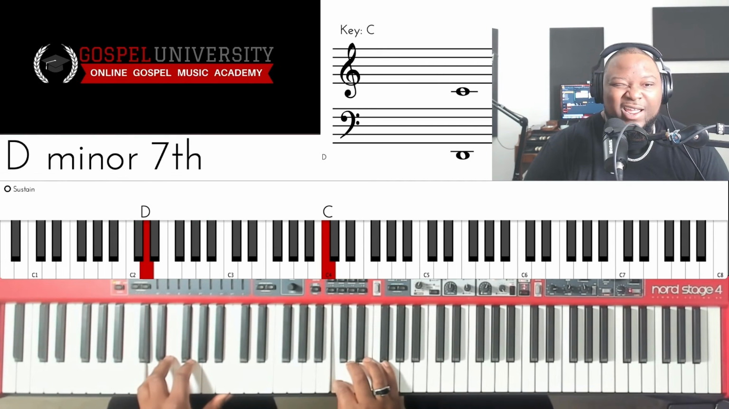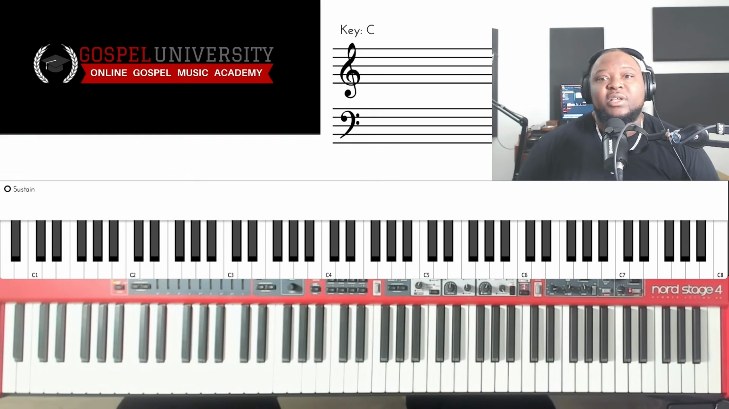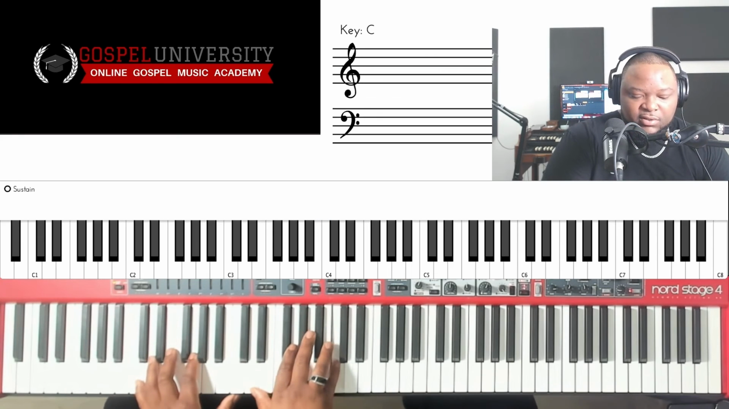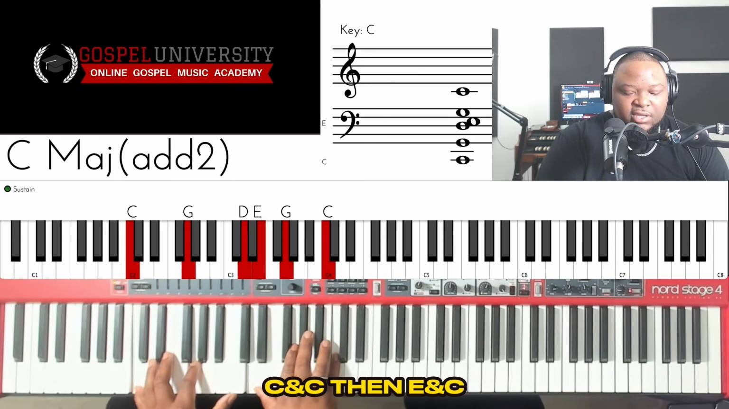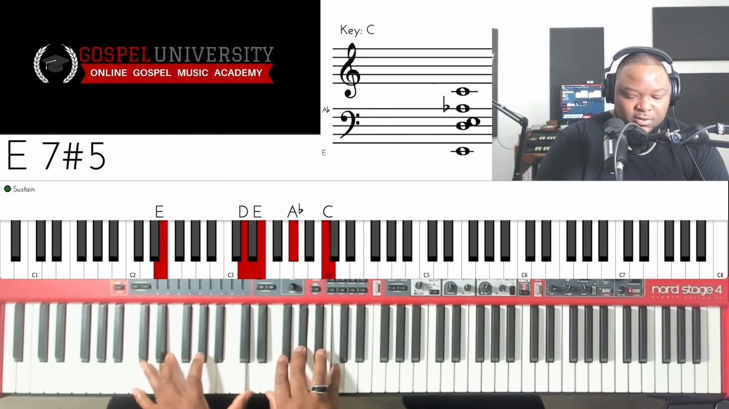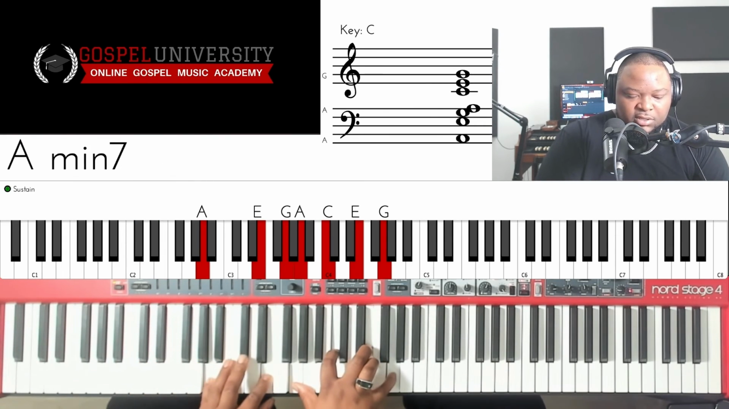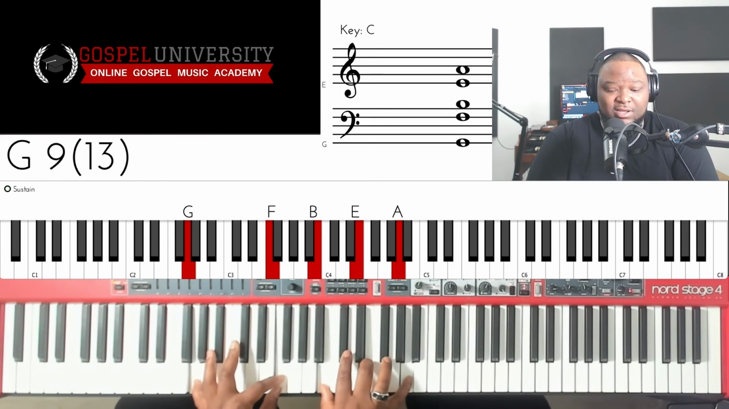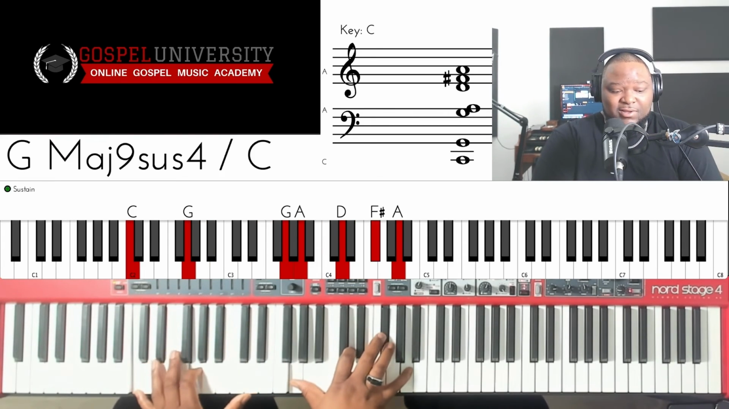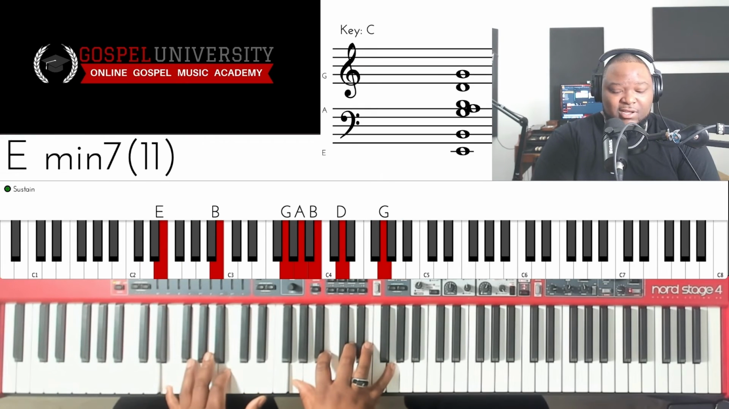See, it's weird, right? But I do that to force myself to find different ways to do that. I know it's weird, but it's a practice drill. So if I do, let's see, C and C, then E and C, twinkle, then twinkle, then I go, little star, then I go,